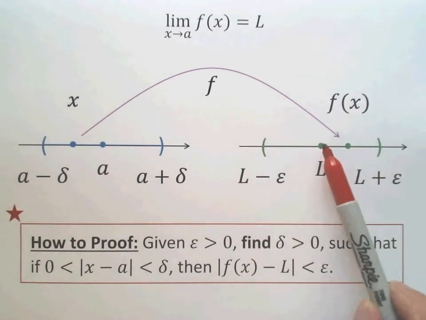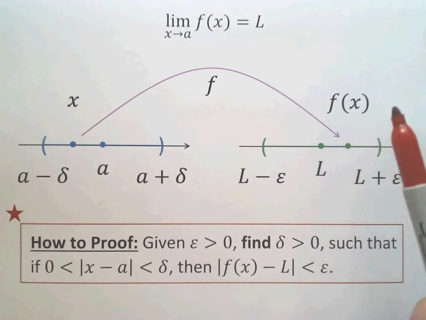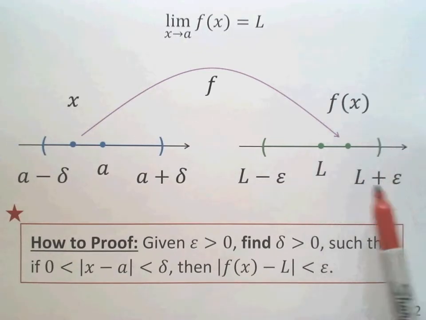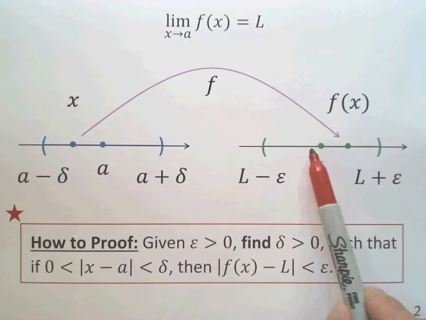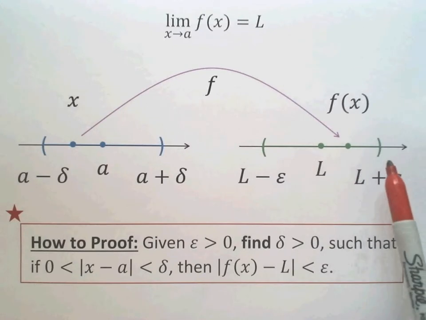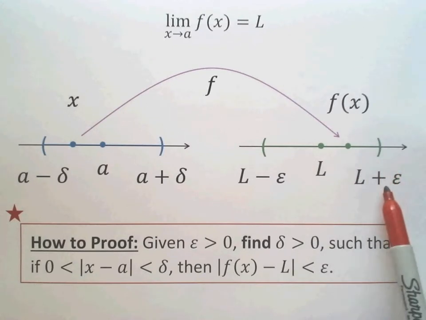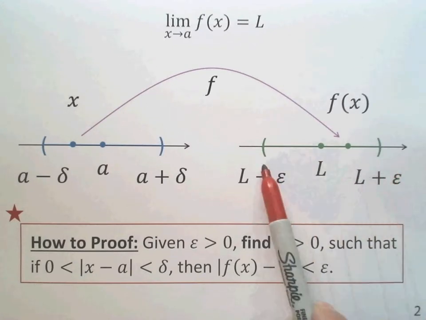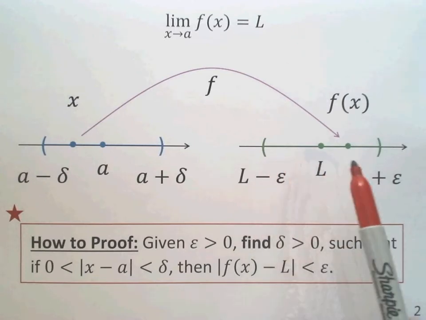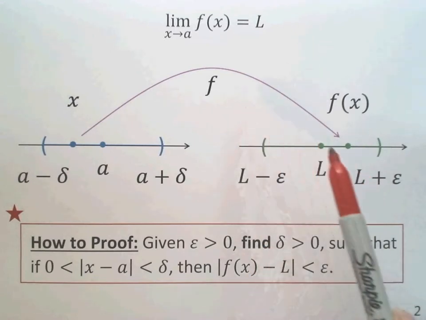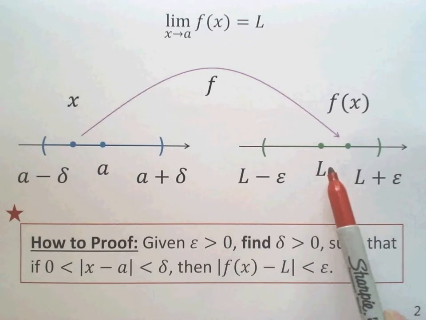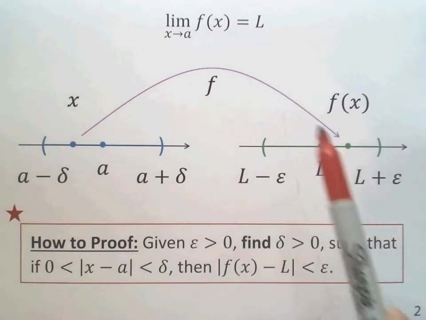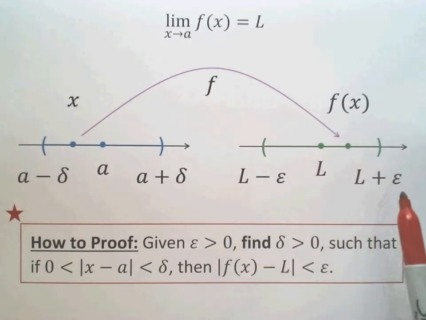Do you remember? f can be arbitrarily close to L if we use the neighborhood. See, this is the center, and the radius is epsilon. So this is L plus epsilon, and this is L minus epsilon. Which means f is arbitrarily close to L: given epsilon, f can go into the epsilon neighborhood of L